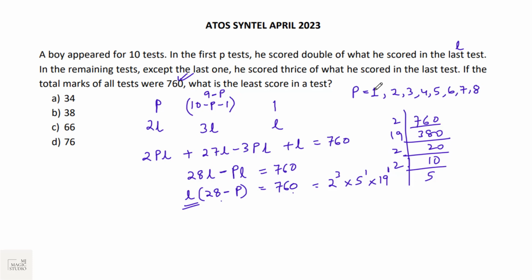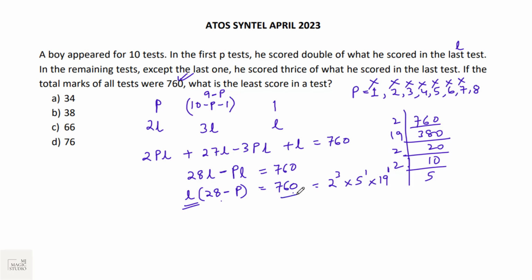So if P assumes value 1, then 28 minus 1 is 27, and 27 is not there in these factors. If it is 2, it is 26. That means we need a 13 which is not there. 3, 25, we need 5 2 times. 4 is 24. 24 also, 8 is there but no 3. 5 is 23 is not there. 6, 22, 11 we require which is not there. 7, 21 not there. 8, if I put P equals to 8, then 28 minus 8 is 20, and 20